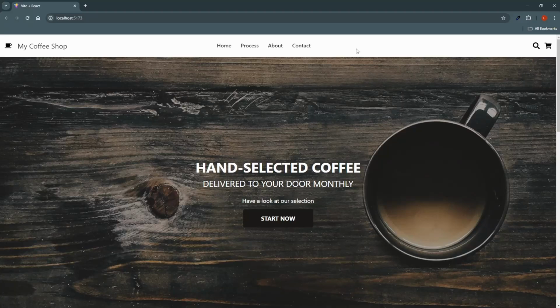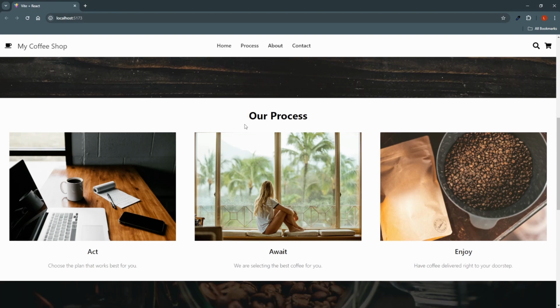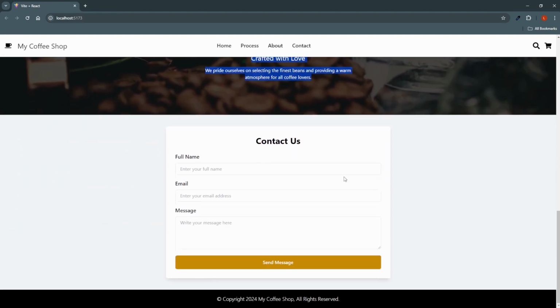Today we'll be building a website for a coffee shop together using React and Tailwind CSS. This is going to be a basic one-page app. You can see the navbar right here. There is a Start Now button, a few images as cards describing the process, an About section, and at last,